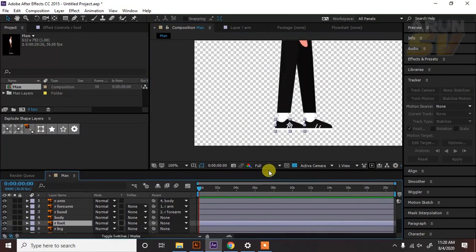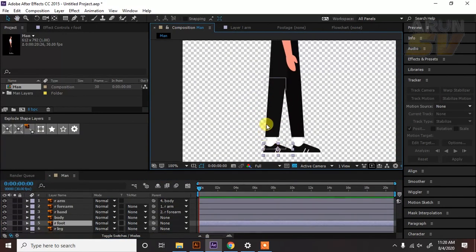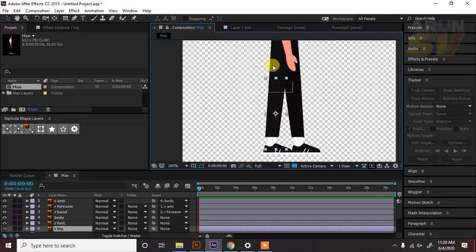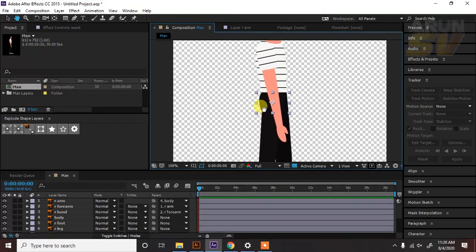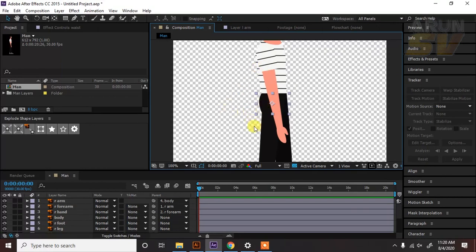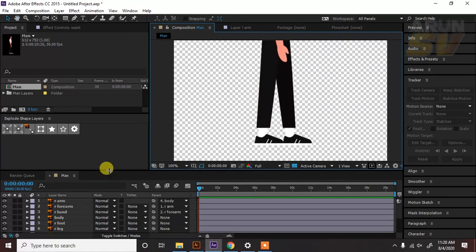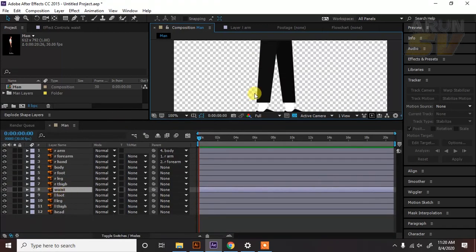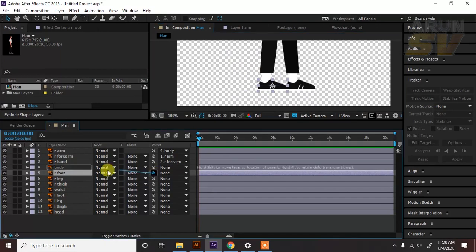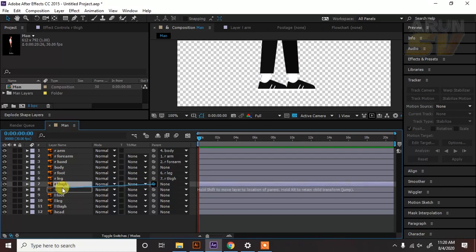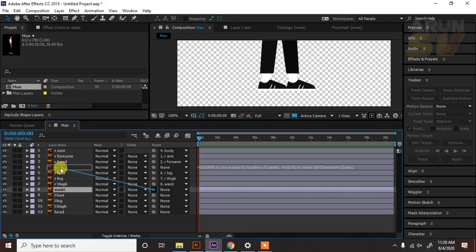Likewise, parent the right foot to right leg, then right leg to right thigh, then thigh to waist, then waist to body. In this manner we are going to do the parenting.